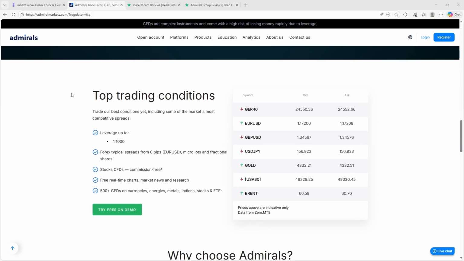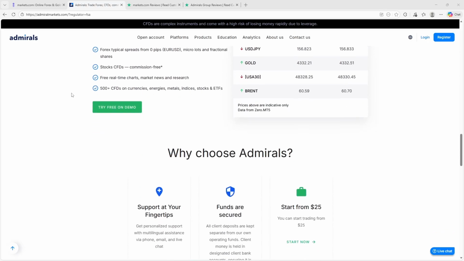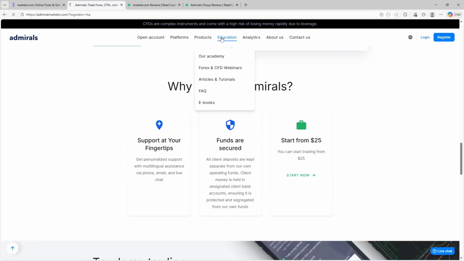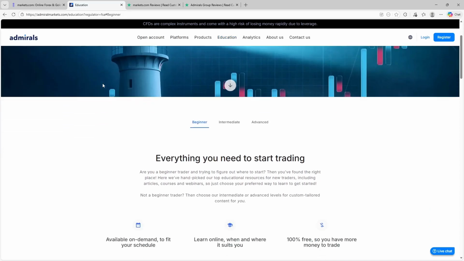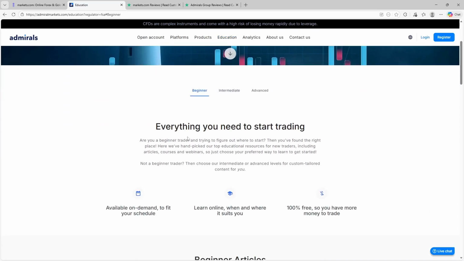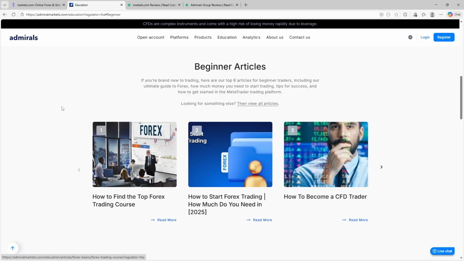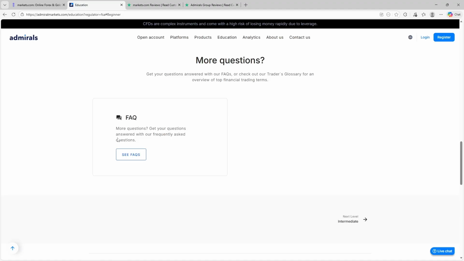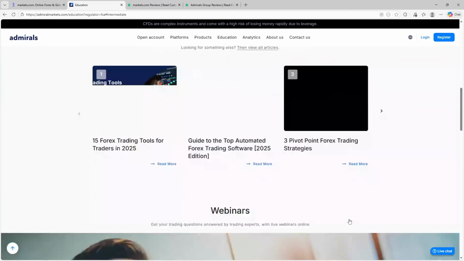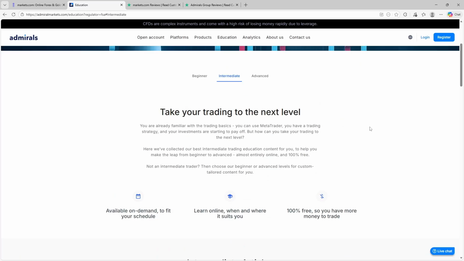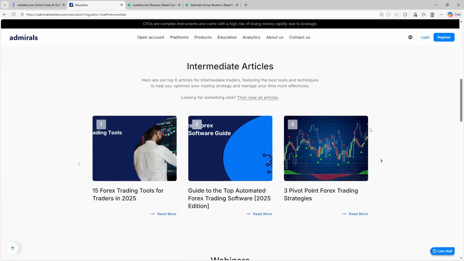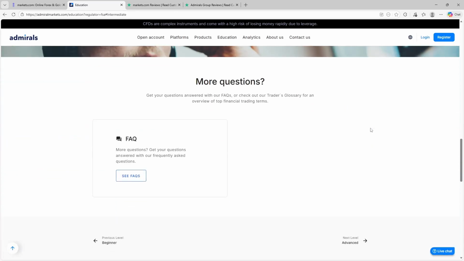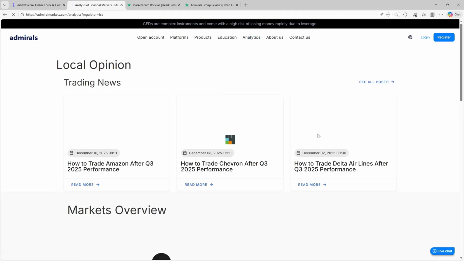Admirals places a strong focus on education and analytics, offering webinars, trading courses, market analysis, sentiment tools, and extended platform features designed to support more disciplined decision-making. Advanced charting, expert advisor compatibility, and risk management tools make the platform suitable for both discretionary traders and those using semi-automated strategies. On the pro side, Admirals delivers clearer pricing structures, strong regulatory positioning, deep MetaTrader integration, and a wide